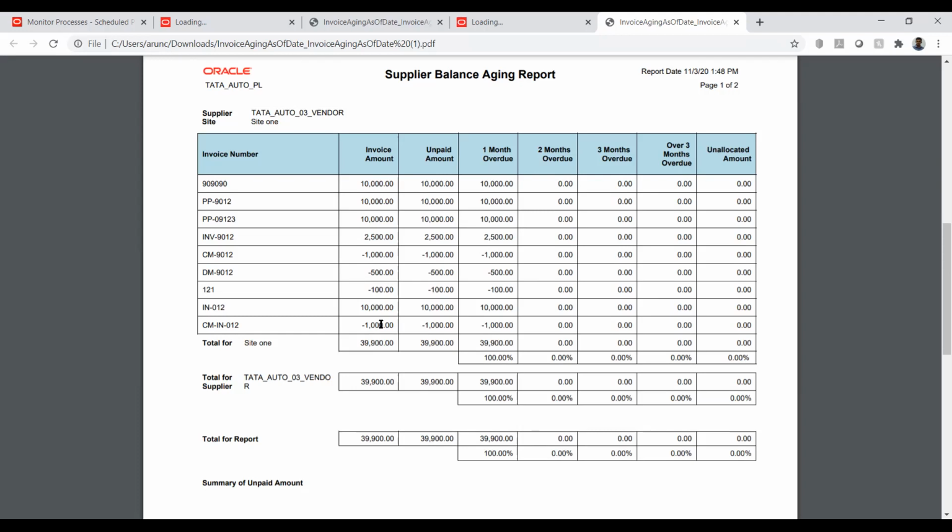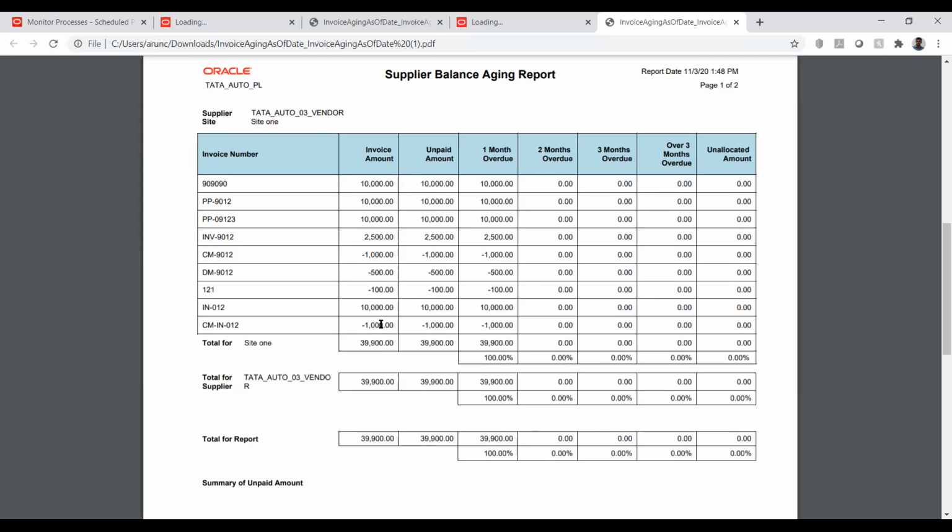By mistake or maybe a system error, it generated the usual rate, 1,100. For this case, the vendor will raise a credit memo for 100.